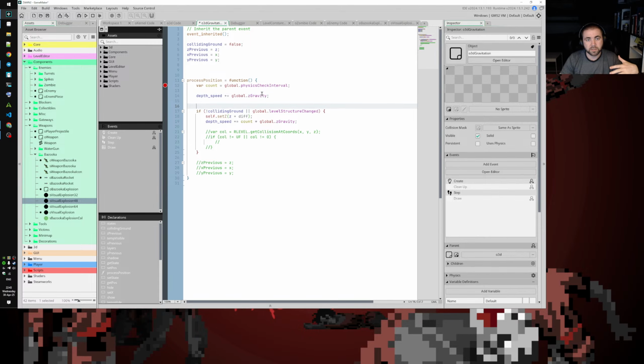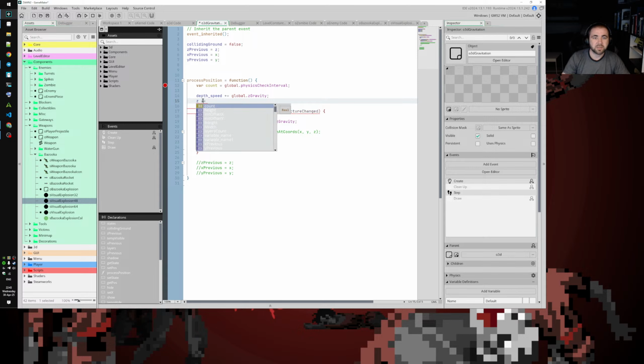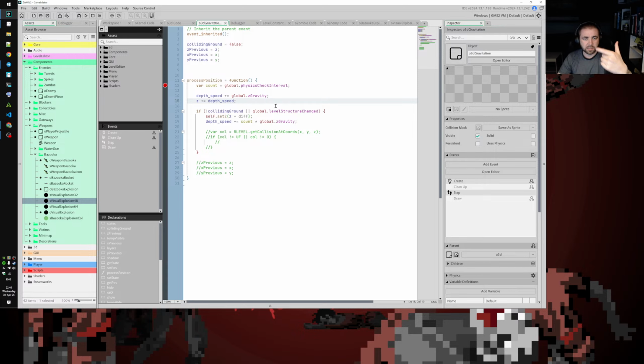At the beginning we added the acceleration point to the speed, and z equals plus equals the speed, right? So on each step we change the depth a little bit, and we change z coordinate to that depth to the new speed. Okay, so of course we do it this way,